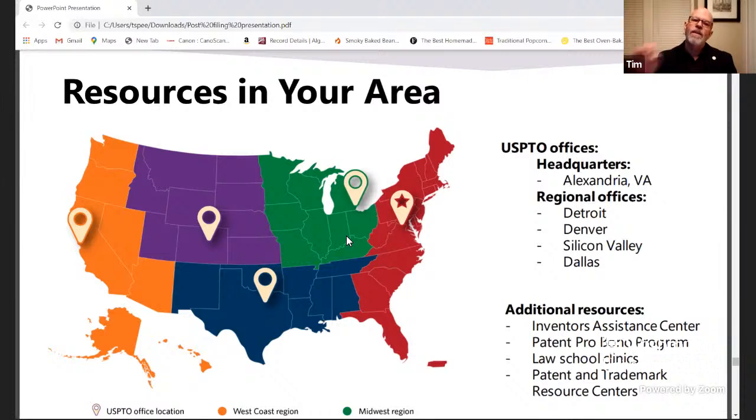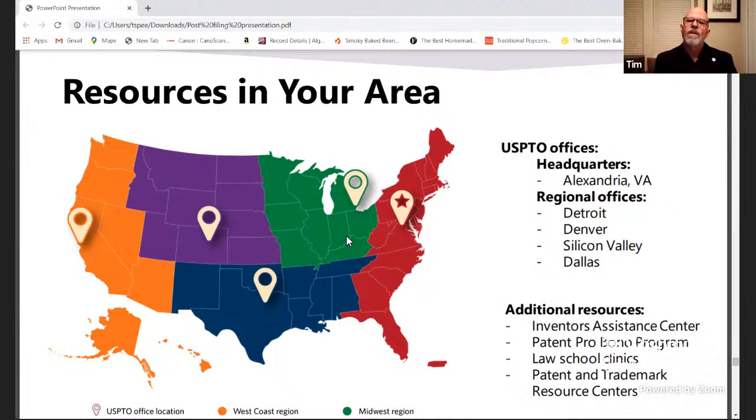So that's very useful. And I'm glad you brought up PAIR. There's also something available called public PAIR. If you find information about patents, that gives you more limited information, but I believe you can get the file history for, say, issued US patents. You can access that through this tool called public PAIR.